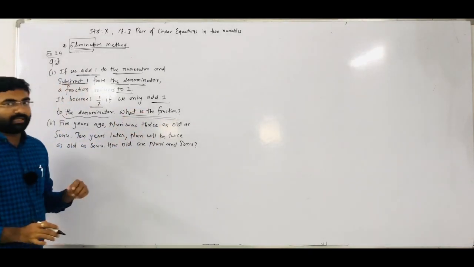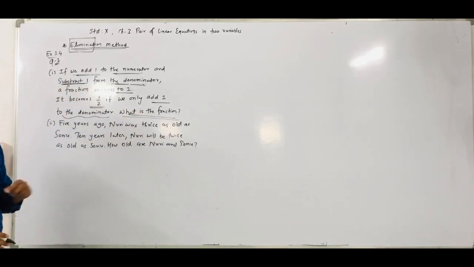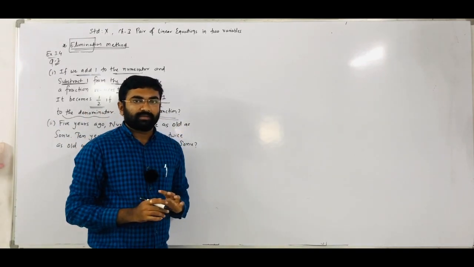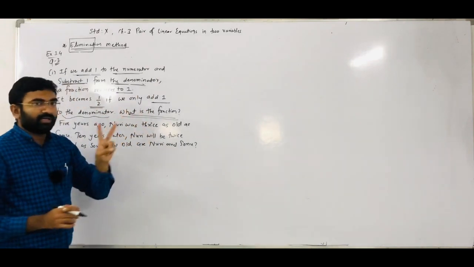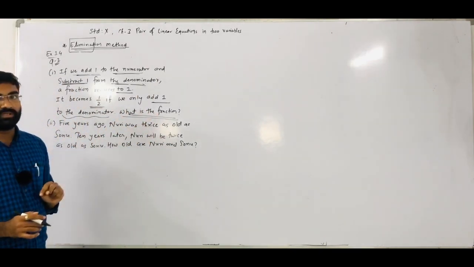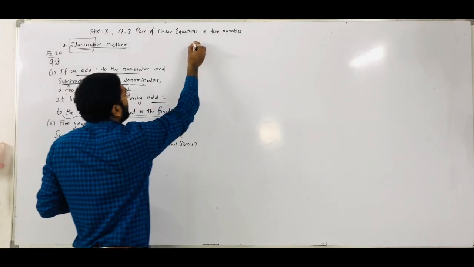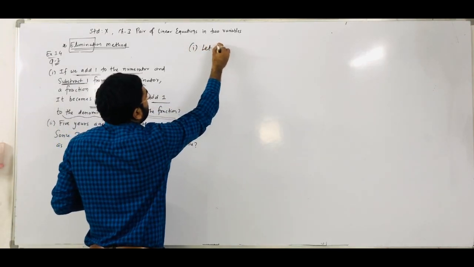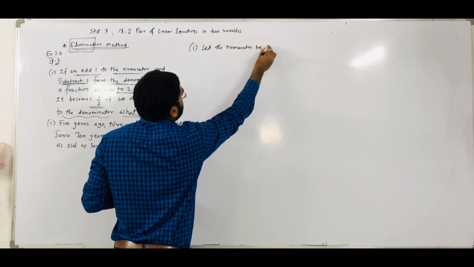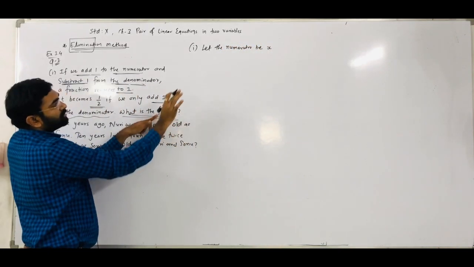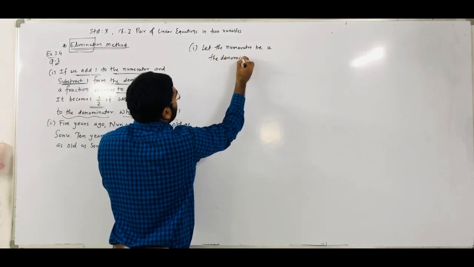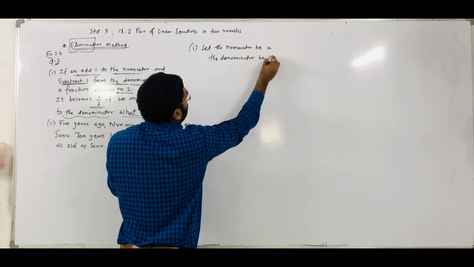We all know that type of sum, we already saw in exercise 3.3. In a fraction, there is a numerator and a denominator, which are not given. So here we have to find out the two terms, the numerator value as well as the denominator, then we get the fraction. So for that we have to assume, let the numerator be x and the denominator be y. Right? So we assume that.